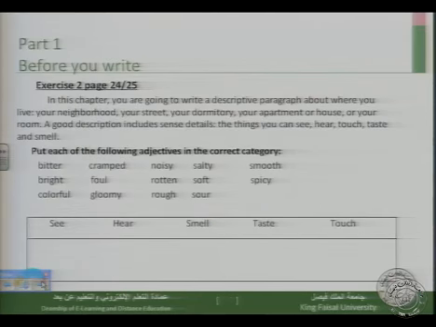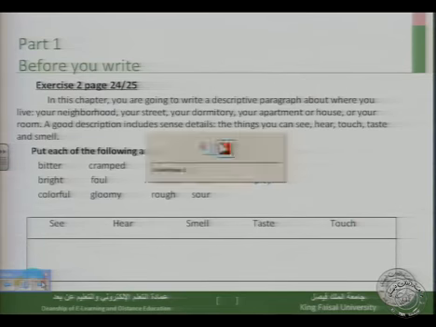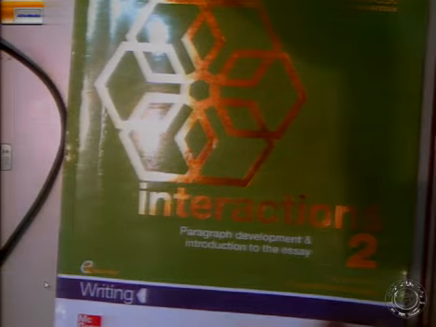Okay, we start with the exercise of before you write. Exercise 2 on page 24-25. You can open your books on page 24-25. Exercise 2. In fact, in this exercise, we have some new vocabulary that you may use when you describe the place where you live. The adjectives are